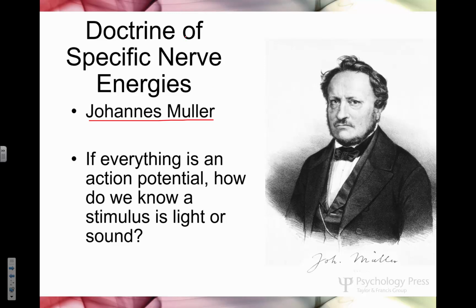Basically, every time you see something, every time you hear something, every time you touch something, it creates an electrical impulse. And that electrical impulse is called an action potential. We're not going to learn a whole lot about that in this class. But that action potential is the same. It doesn't matter if it starts in your fingers, your ear, or your eye. It's the exact same electrical signal. Now the question becomes, how in the world do we know what anything is, if it's all just the same sort of electrical signal? Well, what's important is where it starts and where it ends. So if it starts in the eye and it ends in the visual cortex, then it's got to be a visual signal.